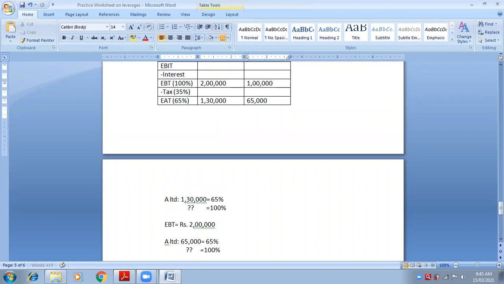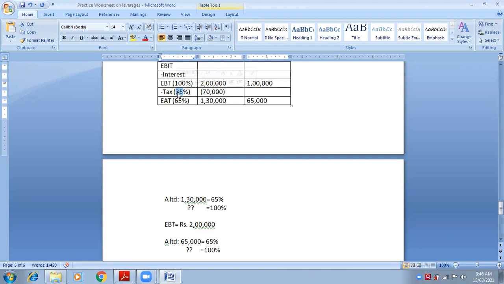Can you find out now the amount of tax, the middle portion? Yes, ma'am. So 2 lakh minus 1 lakh 30 is how much? 70,000. You can verify your answer. See, 2 lakhs EBT into 35 percentage. Tax rate is 35 percentage, it was already given in the question, but EBT was not there. So the first step is to find out EBT and then you can deduct both of them, EBT and EAT,